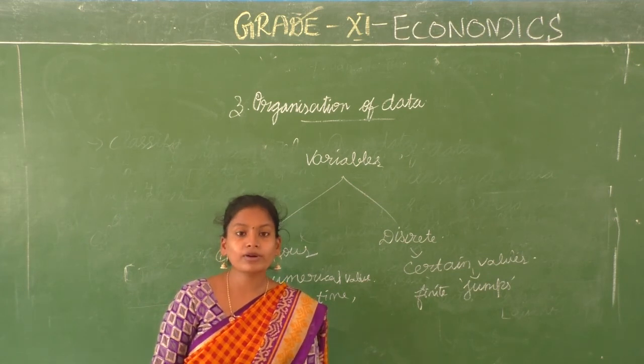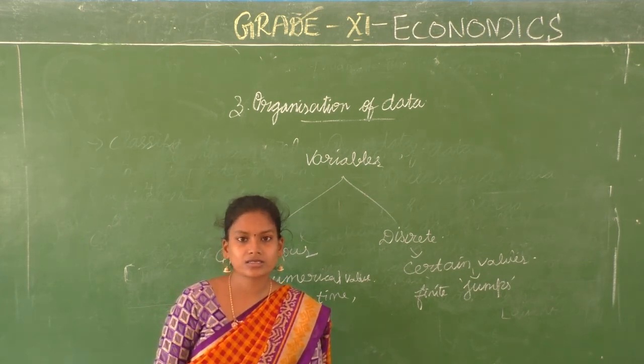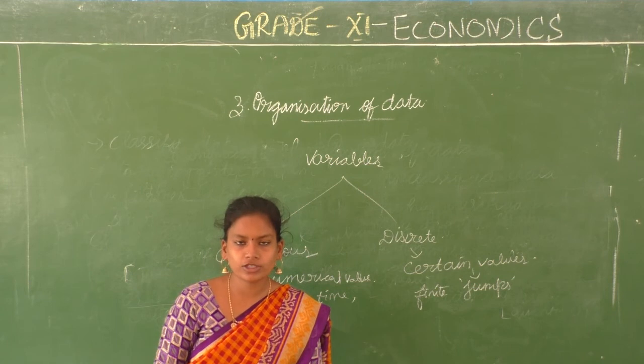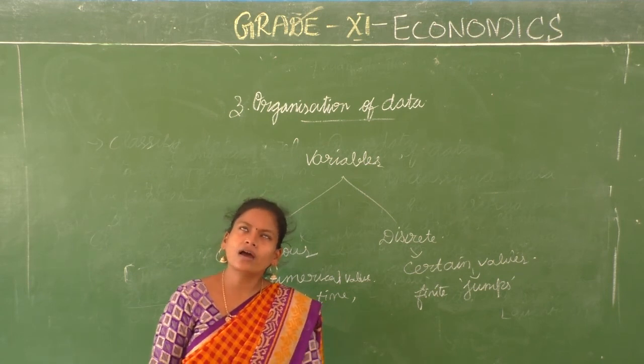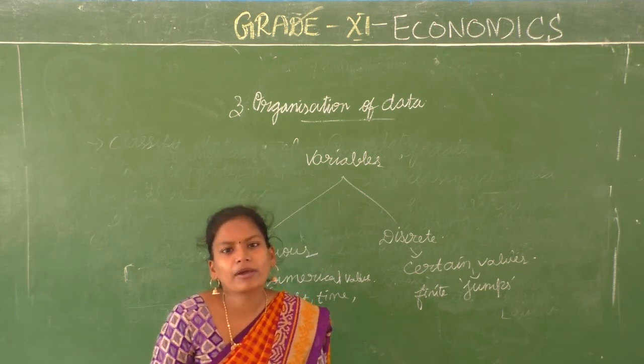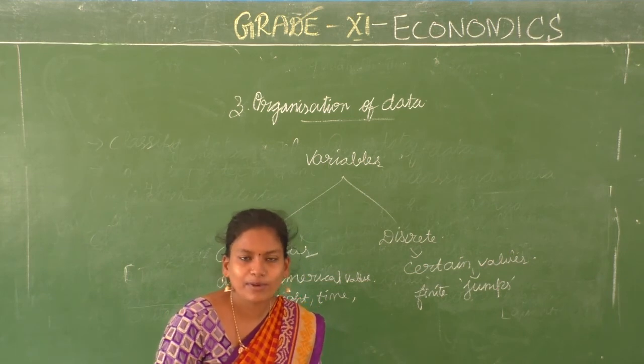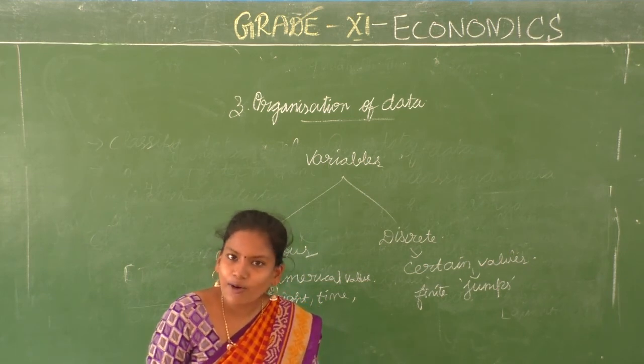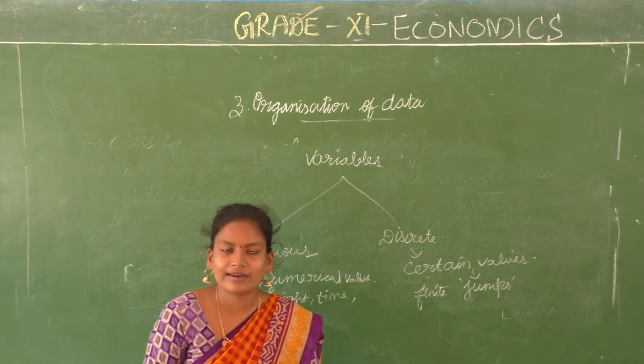When you talk about the number of students in a class, or the population of a country, you cannot say 250 and 1/4 people. What is that 1/4 people? Or can you say it in decimal points? You can't say like that.